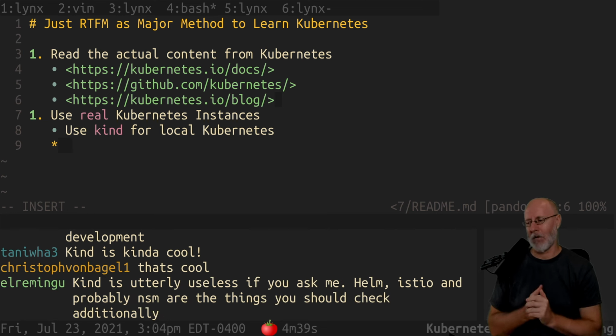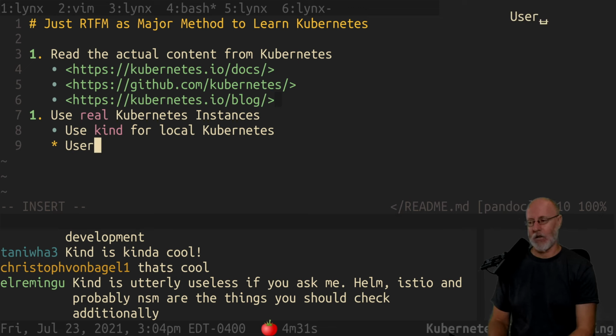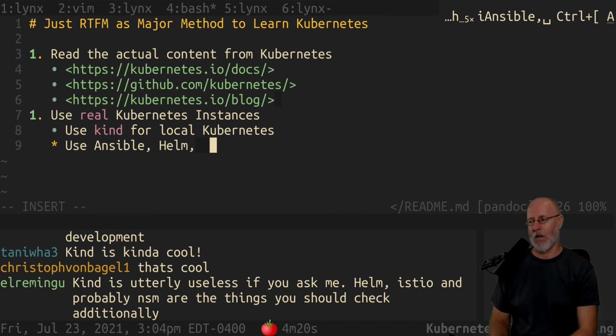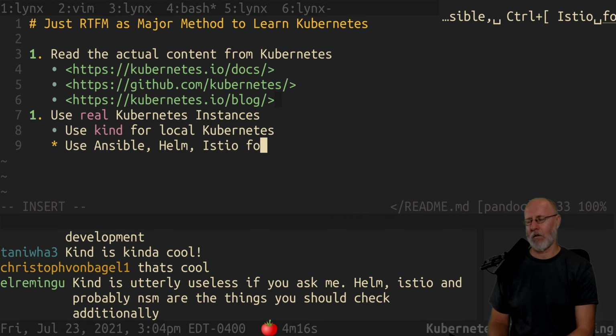If you ask me, Helm, Istio, and probably NSM are things you should check additionally. Well, of course you should use those things, but so use kind for local Kubernetes, and then use... I'm going to say this. You kind of caught me off guard here, but we're going to use Ansible, Helm, Istio for